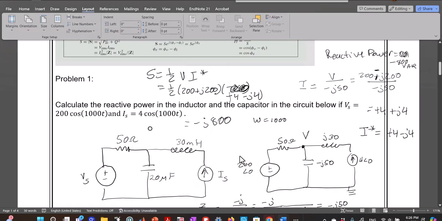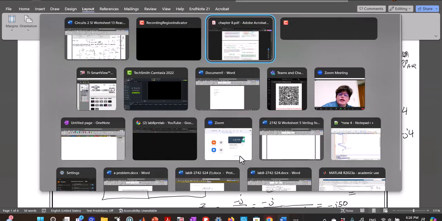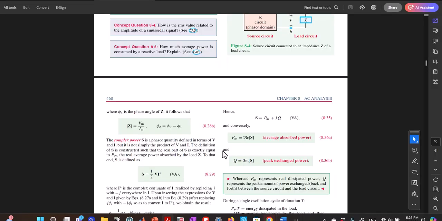Okay, and then if I wanted to find the reactive power for the inductor, I couldn't use the voltage because I don't know the voltage across the inductor. So instead, I would have to use something like